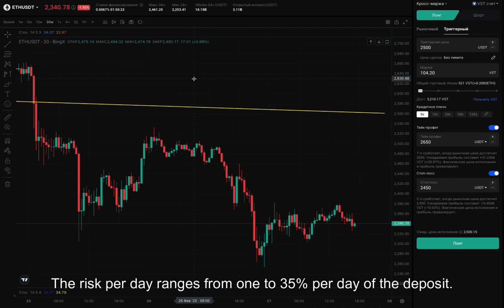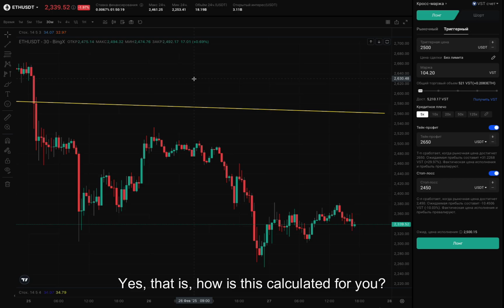The risk per day ranges from 1 to 3-5% per day of the deposit. Yes, how is this calculated? Let's say you have a deposit of $1,000. From that amount, hypothetically, you might allocate 3%, which is $30. Here's your risk per day. It could possibly be allocated for a single transaction,